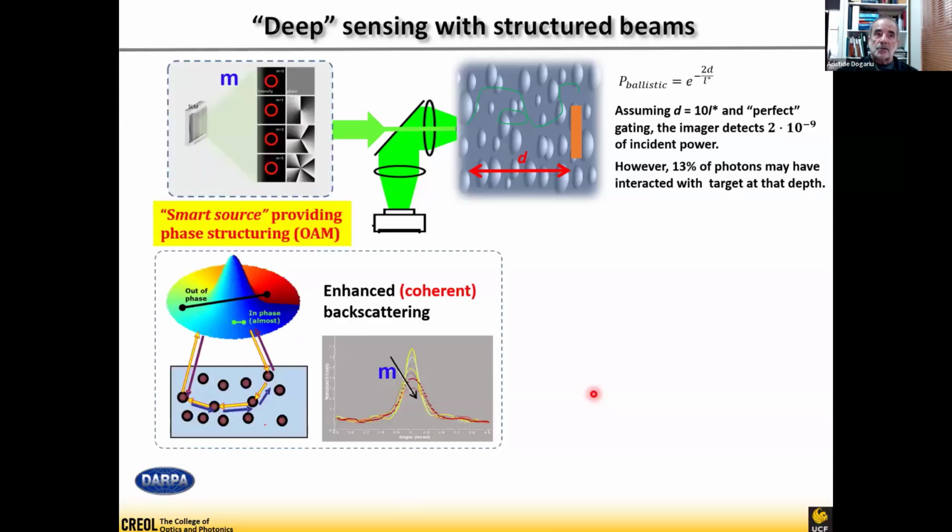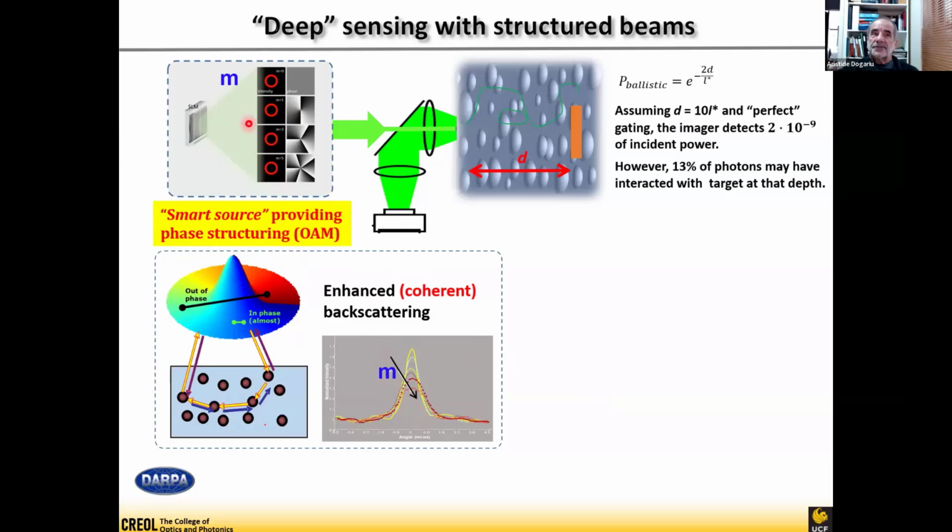The idea is that now, if you use as an excitation a source for which you can manipulate the phase distribution, and the most convenient source for that nature would be an OAM beam with adjustable topological charge, you will see that practically the magnitude of that enhancement, coherent enhancement,